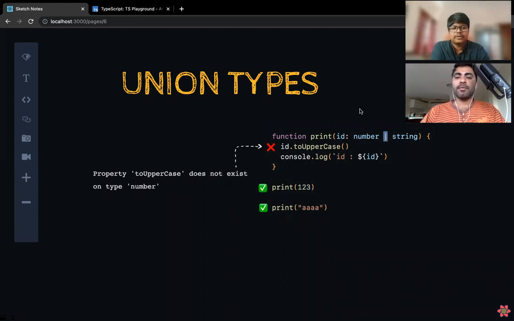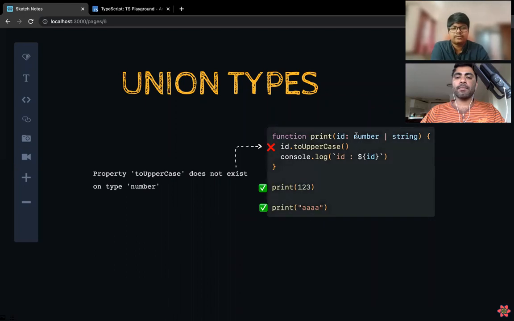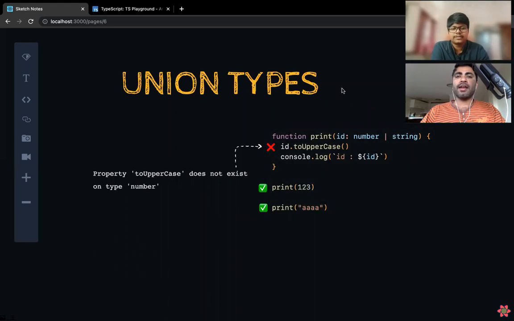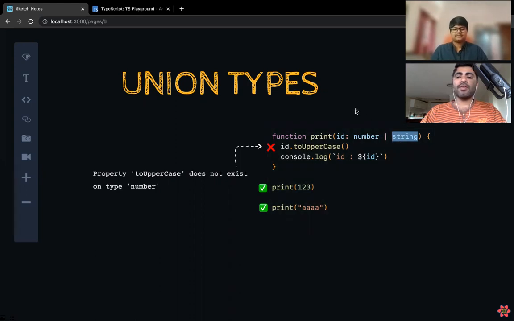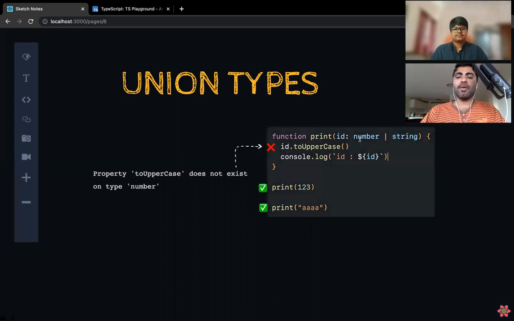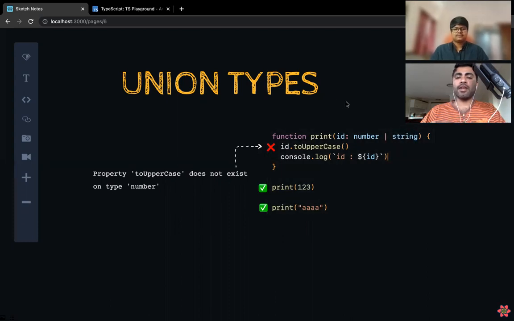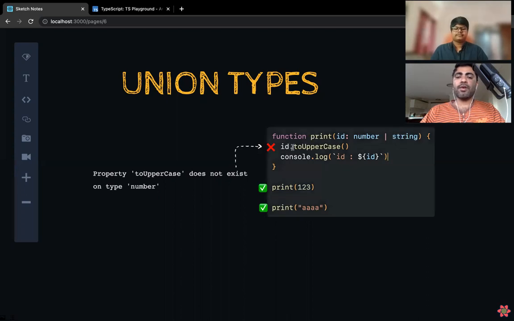But then when we're using it, we will have to compare and check what type it is, and then use it internally. Right? Yeah, that I don't like actually. That's what exactly we have to do. But here we can do some operation like printing it, which is available in both number and string, like concatenation and those kinds of things. Like if it is a number, we can add the ID plus 5, and it will work in both cases. But for example, if you try to do some string specific operation, like toUpperCase, it will complain, because number doesn't have this toUpperCase thing available.